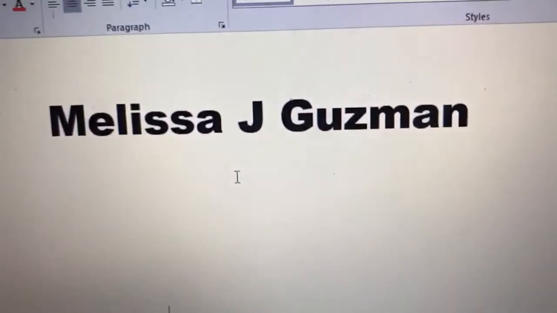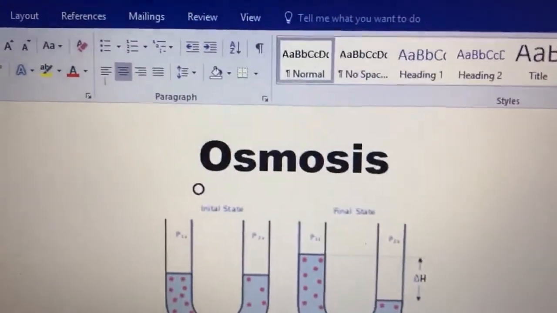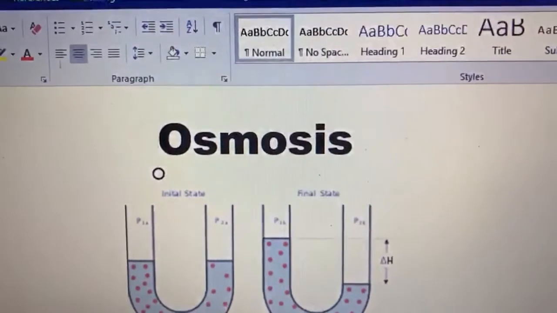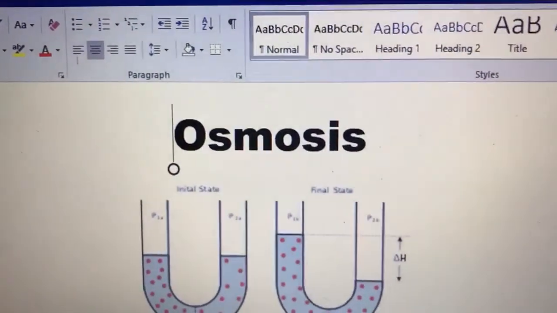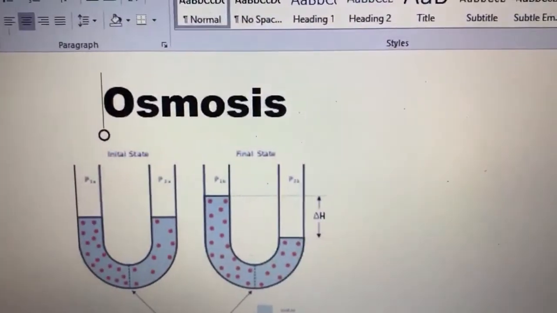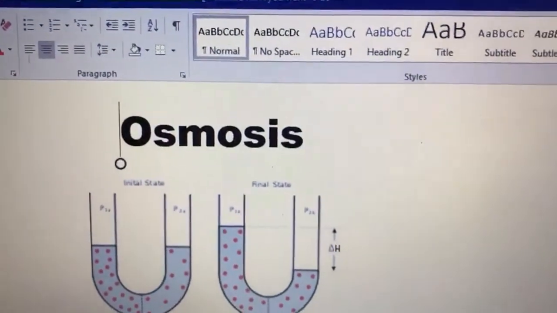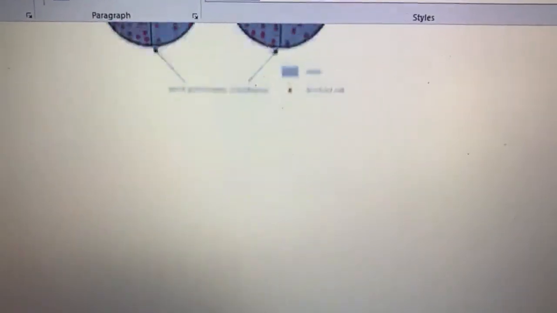Hello, my name is Melissa Guzman, and today I'm going to be talking to you about osmosis. Osmosis is water molecules diffusing across a cell membrane from an area of a higher concentration to a lower concentration. Today I'm going to be talking to you about 3 different types of osmosis. The first type of osmosis I'm going to be talking to you about is